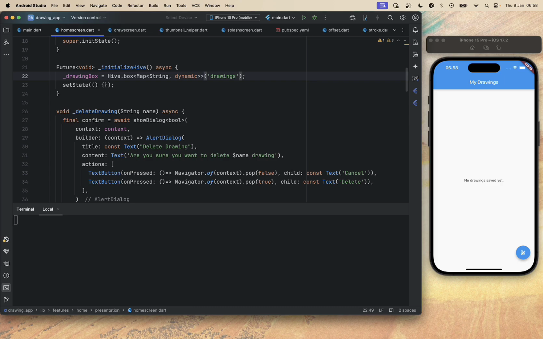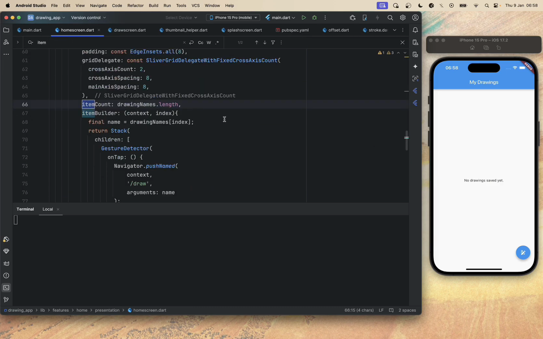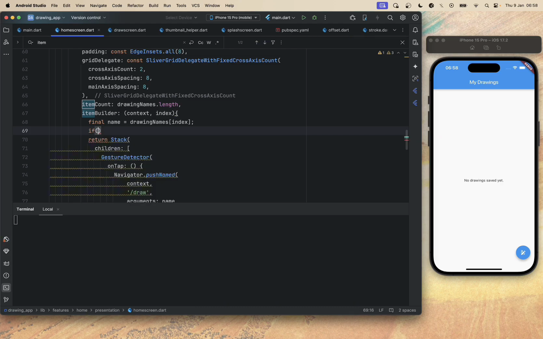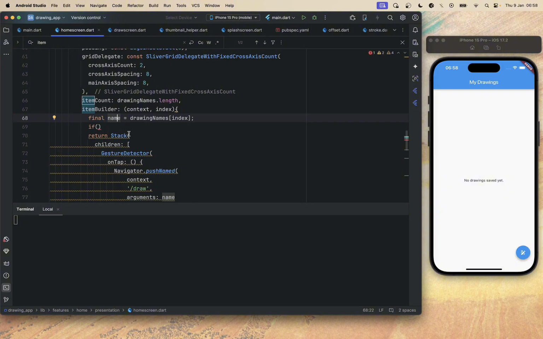So now what we are just going to do is move directly to the item builder, and inside item builder, of course, if you have your app in production, for example, and you made this change, probably we are going to have a cache problem, and to resolve that you should make a kind of conditional to make sure that if, for example, the drawing box type, like dot runtimeType, is maps, you can make the difference between the old version and the new one. But in our case, we are just going to remove all of that, and let's create a data